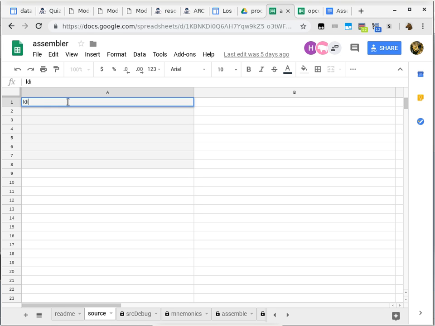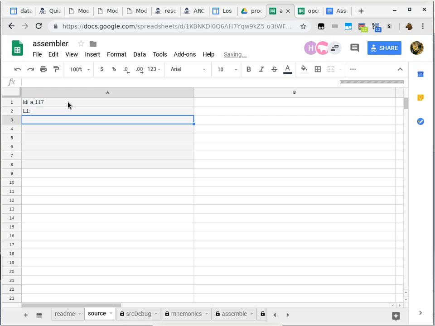All right, so we'll start writing this program. We'll just do an LDI, let's try something that's really annoyingly large. So let's say 117. Okay. And then we'll define a label here, L1. And when we have label L1, we do a CMP. Let's do a LDI B with 1. And then we'll do